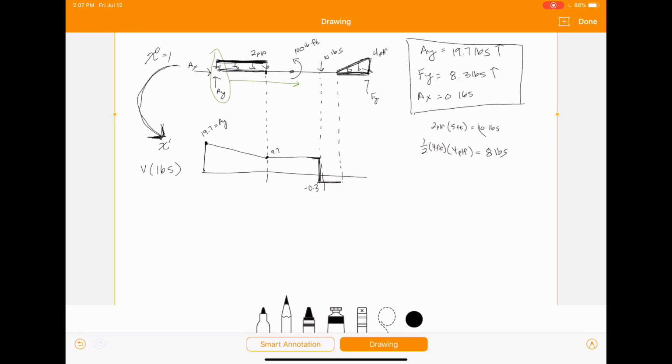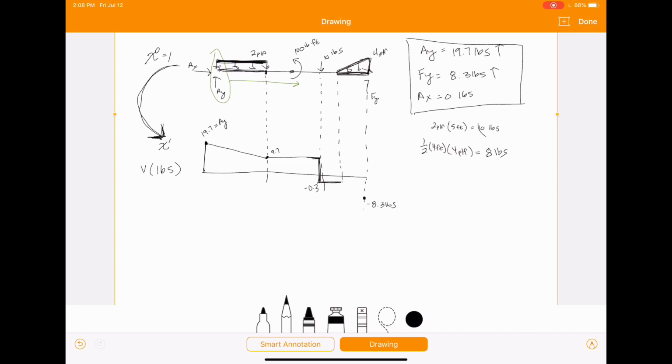So this needs to go down 8 pounds before it hits the end of the beam. So we can go ahead and take that 8 pounds, add it to that 0.3, and this is going to be negative